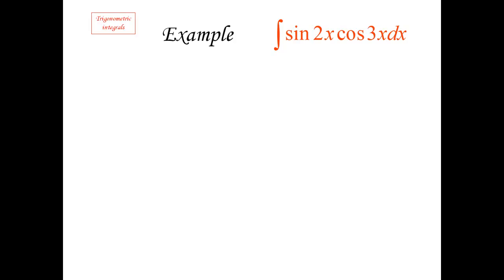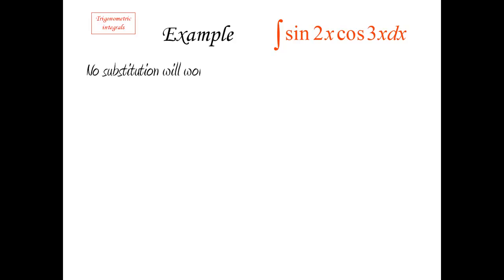Here is another example that looks a lot easier than in fact it is. It's not very complicated, but it looks a little bit treacherous at the beginning. You may think that a substitution would work here. Unfortunately, because the sine is sine of 2x and the cosine is cosine of 3x, no substitution is in